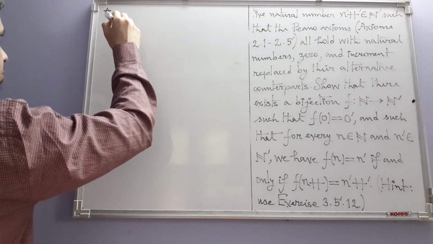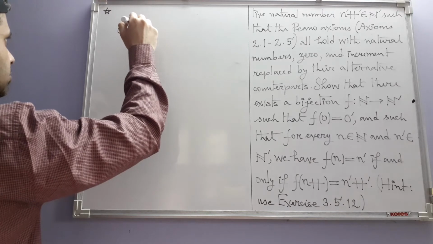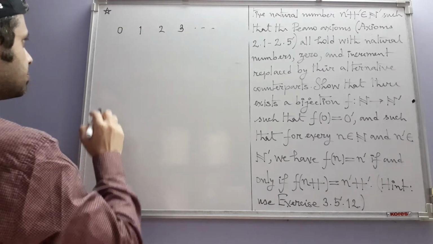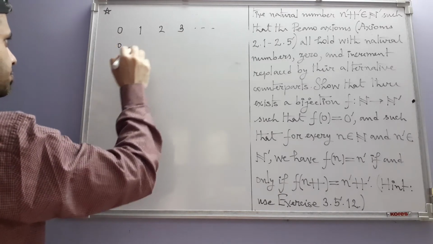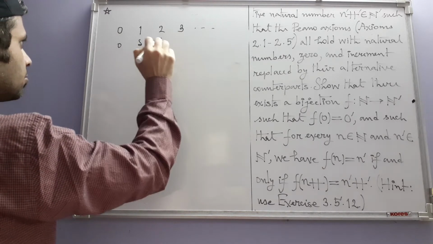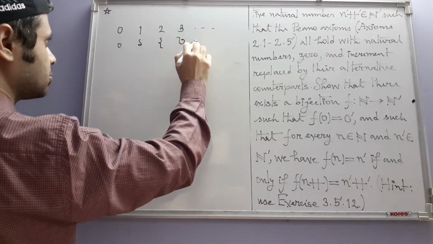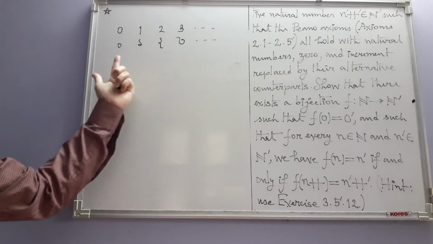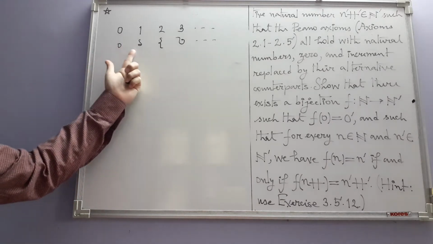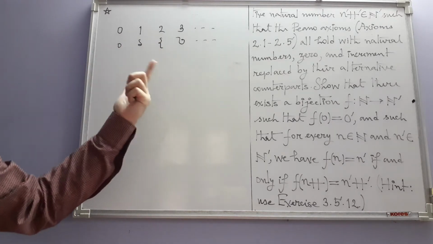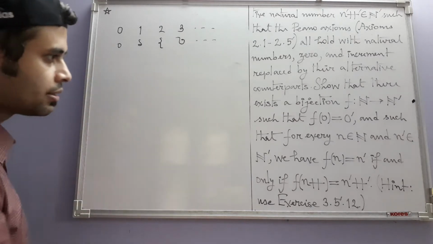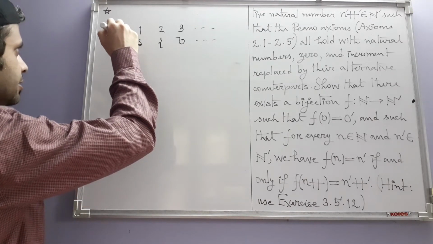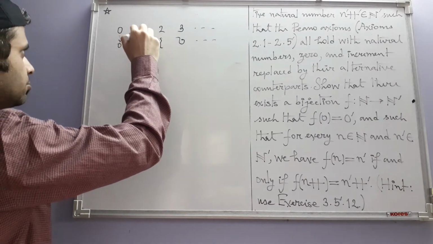Say I have our ordinary natural numbers and I have, say, these other symbols. In Bengali we write 1, 2, 3 like this. Shunno, ek, dui, tin, etc. We say like that. So what this exercise asks us to show is that there is a bijection between these two sets